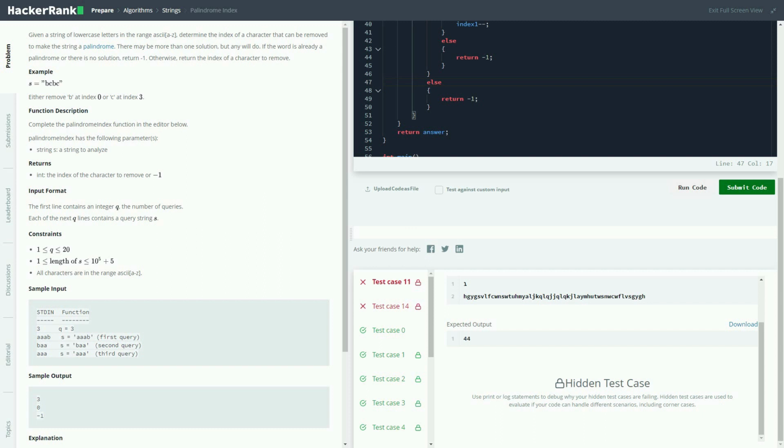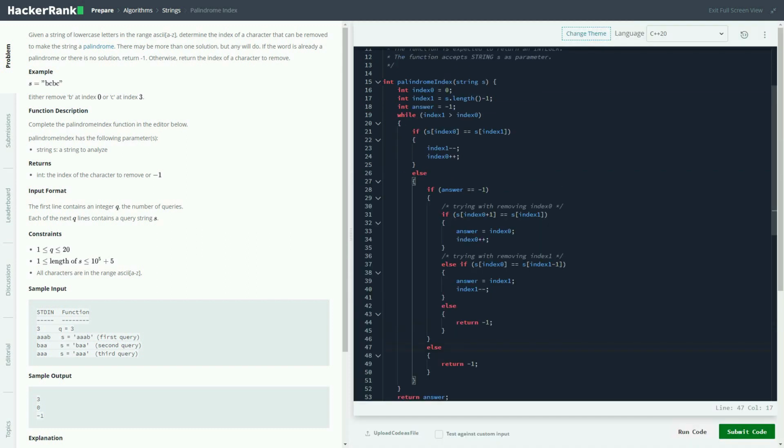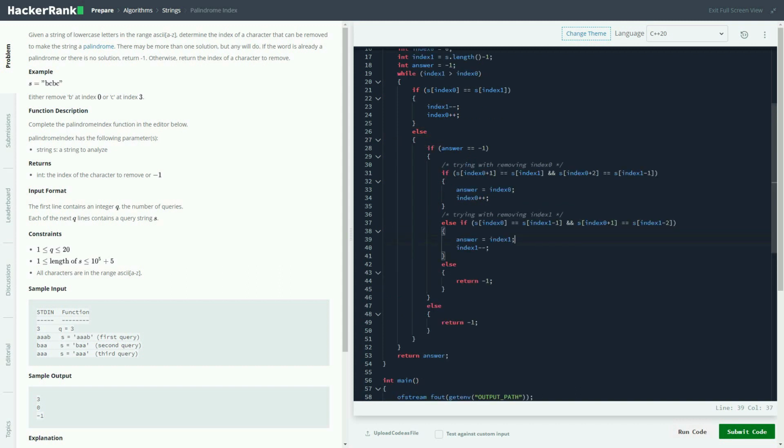So in such case, let's do a deeper check. Here I'm just checking the next character. Let's check one more. What's the harm? So let's check the next and next as well. So this is +2, this is -1, just to be sure. So this is -2, this is +1. This is just like checking not only the next but also the next one in case there are some tricks, just to be sure. So let's submit the code once again,